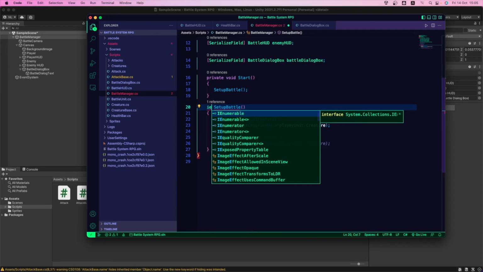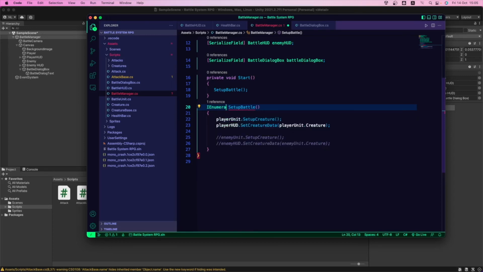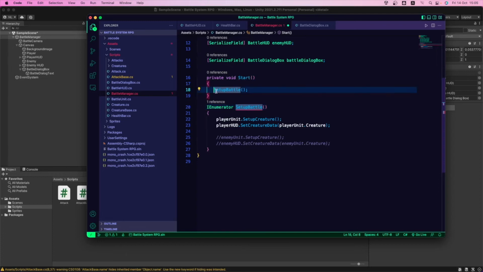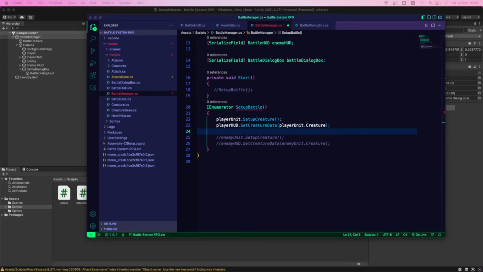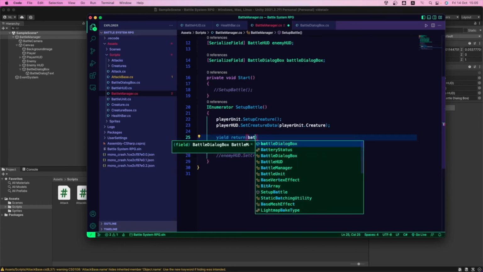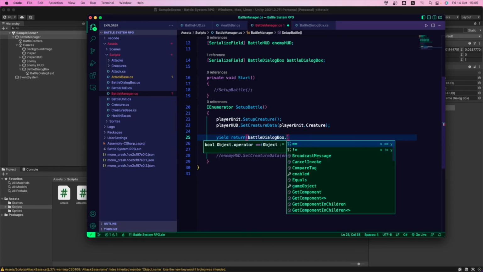Okay, so we're going to use IEnumerator, and this is going to be named SetupBattle. Remember, this is going to give you an error if you don't yield to anything. So who do we want to yield to? We want to yield to the battle dialog box and to the SetDialog coroutine. So first we're going to yield return, and here we're going to call the battle dialog box. Which one?